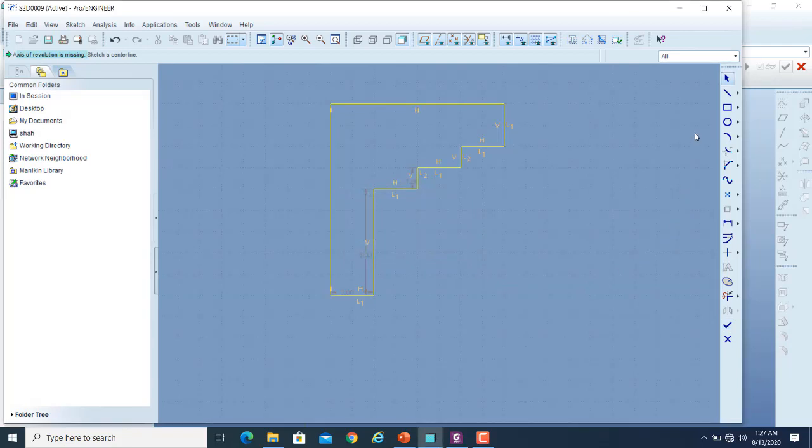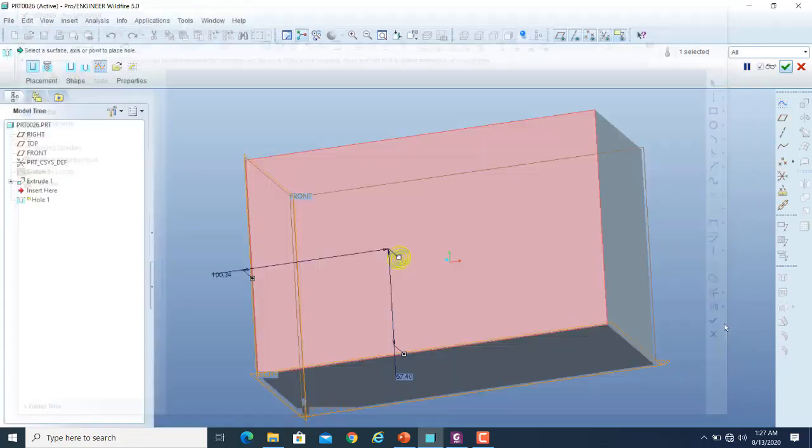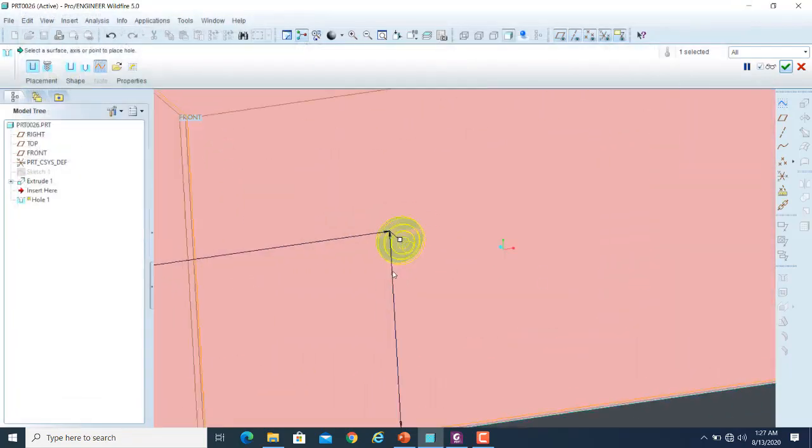So in the sketcher, I will click on the no option, and then within the line commands, I have the center line option, geometry center line. If I click on that, let us say I take this as my axis of revolution, so I will have no empty spaces in between the axis and the profile. So उसका जो end line है उसी पे मैंने axis draw कर दिया. And now if I click on the check mark button,